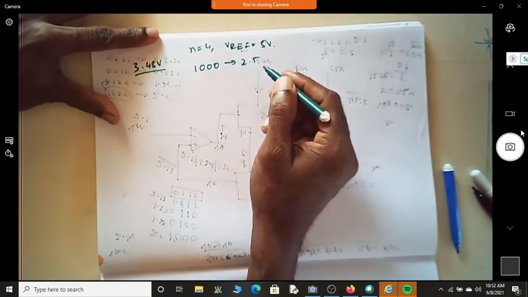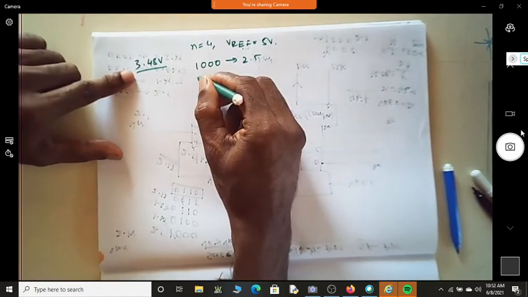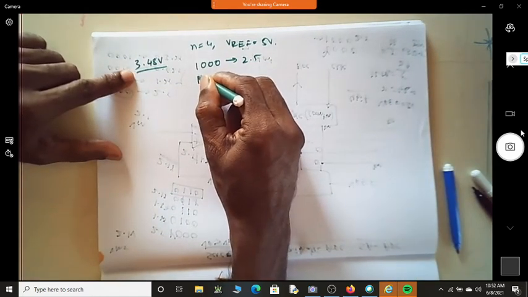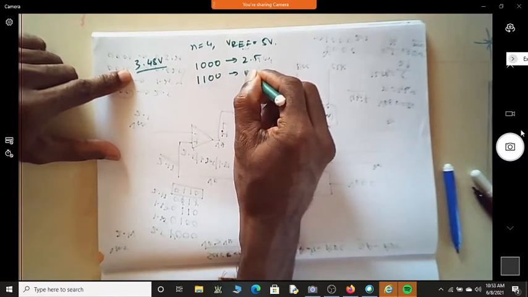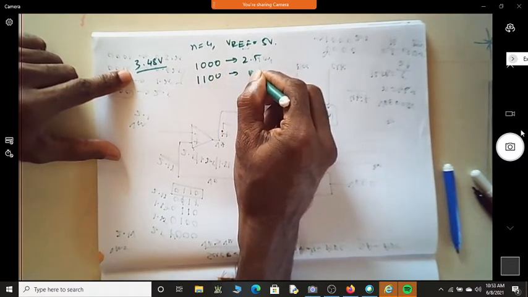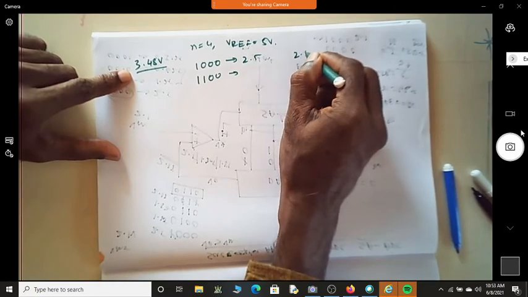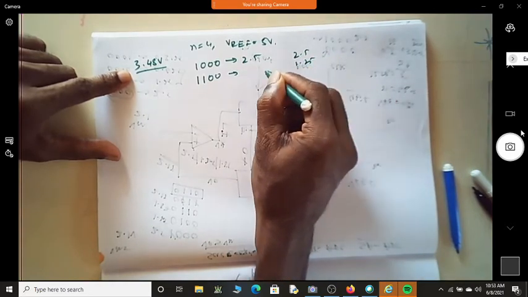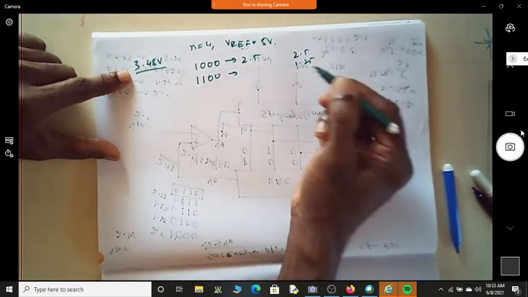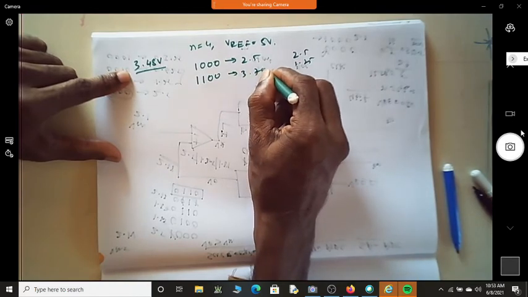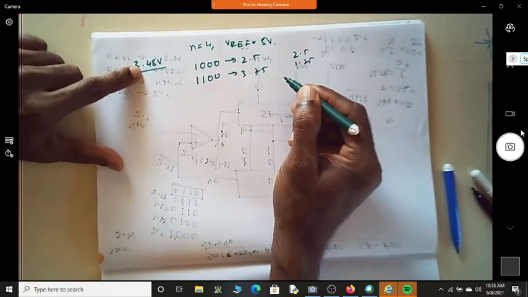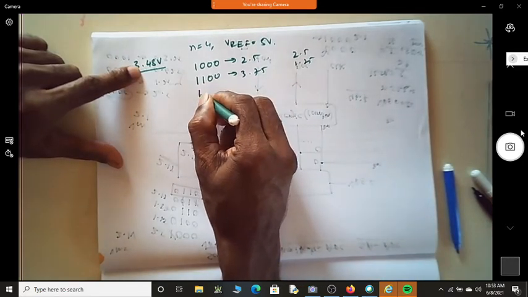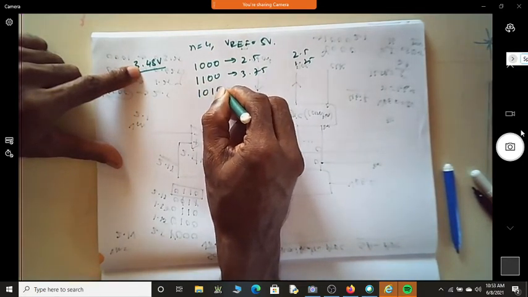Sir, retain and make the next MSB 1 also. Of course, when I retain this, the next possibility is this bit is 1. So what is the value? Okay, what is 2.5 plus 1.25? Is it actually 3.75? So what should I do now? This is more than this. So shall I make this 1010?